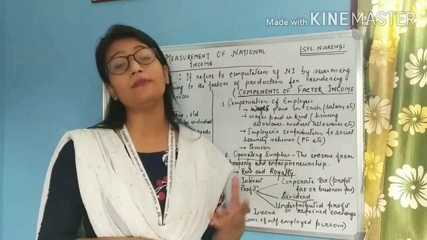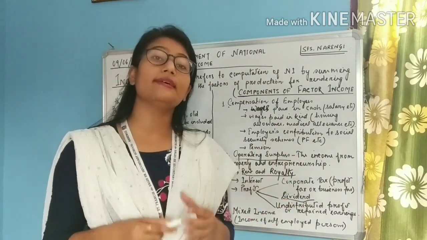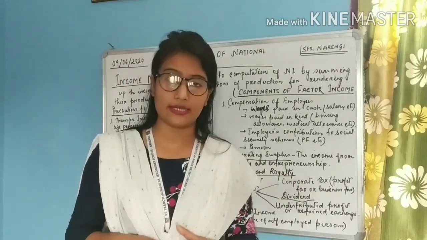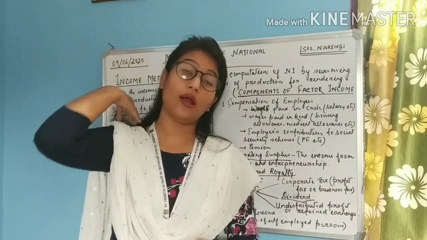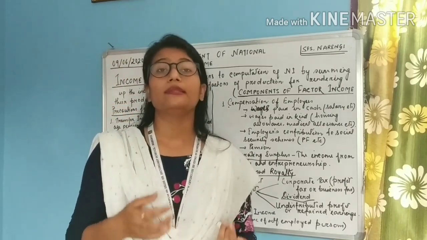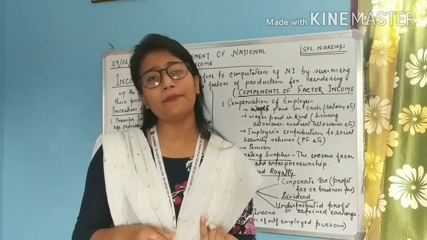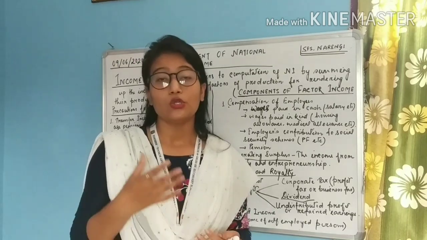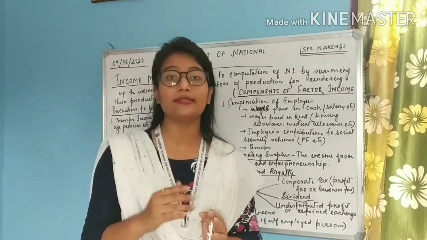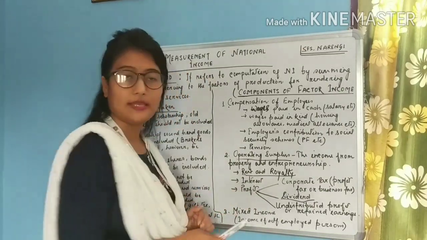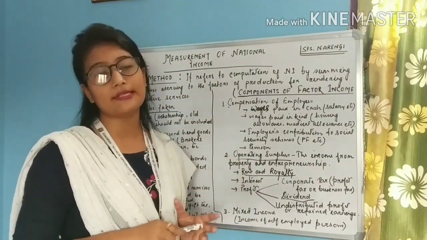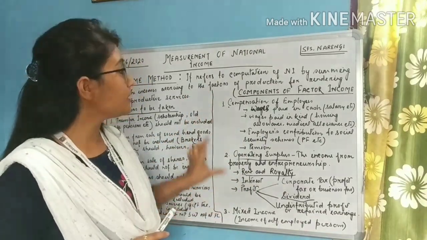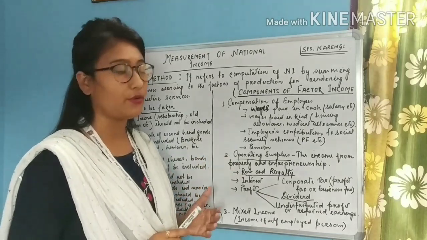Mixed income means the income which accrues to the various self-employed. Apart from people working in the organized sector, students, there are numerous people who are working on their own, who are self-employed. The barbers, the carpenters, the plumbers, there are many people. The shopkeepers who have their own shop, right? So the income which accrues to these various self-employed people comes under mixed income. Mixed income basically means the miscellaneous income which is left over, okay? So students, there are basically 3 components of factor income that we have come across.